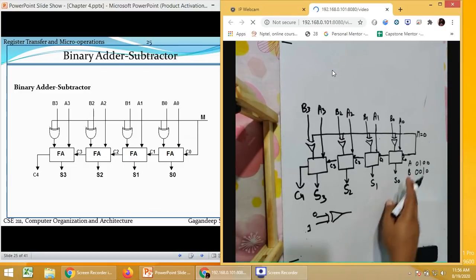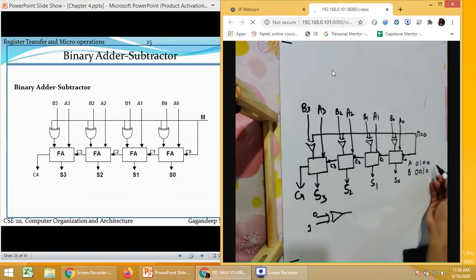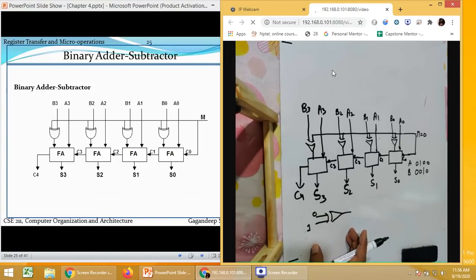This is the value for A, this is the value for B. We are just considering one case, so I'm telling you an example of how it is going to work out. So this is 0, this is 1. This was a fixed value of M. So if 0 or 1 goes into an XOR gate, what is going to happen? Are they the same? No. So the output will be high.